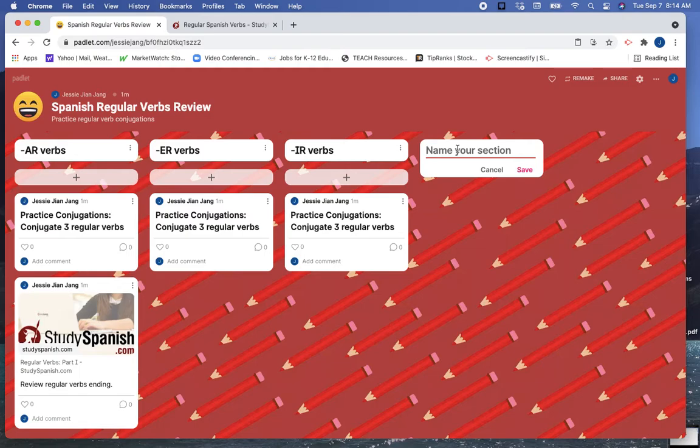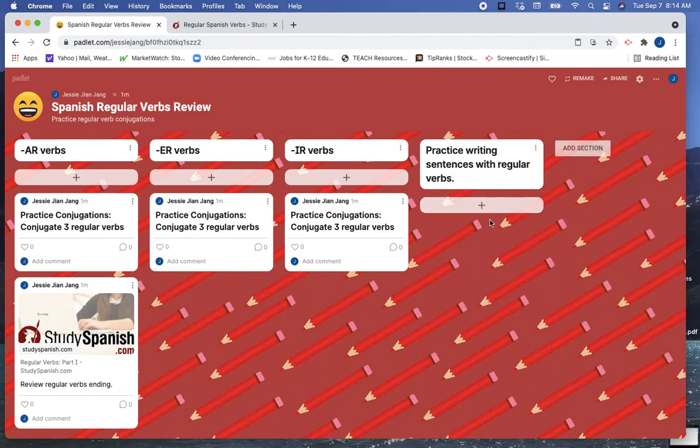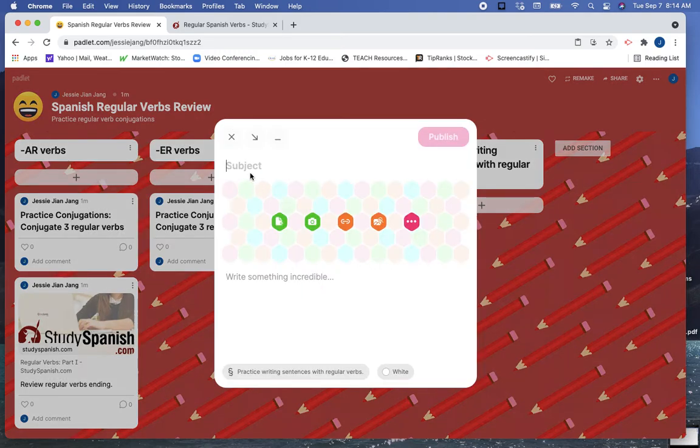And if I want to create and say here, practice writing sentences with regular verbs. Okay, and then they could write sentences here. Here you could say, yo juego. Oh no, jugar is a stem changing verb. How about yo como el desayuno? Okay,